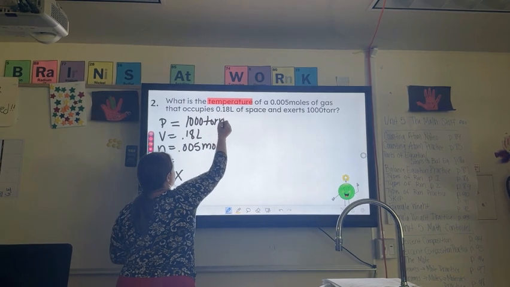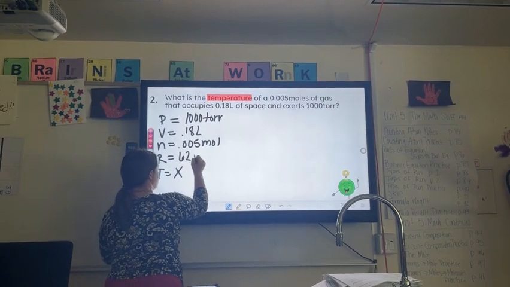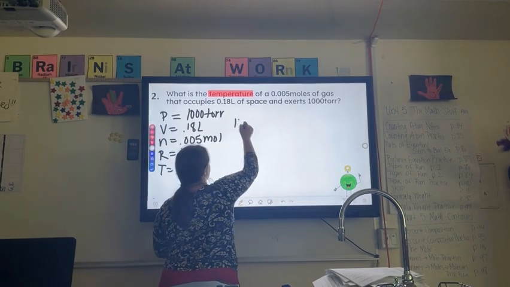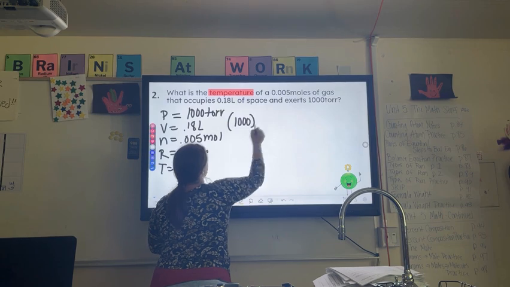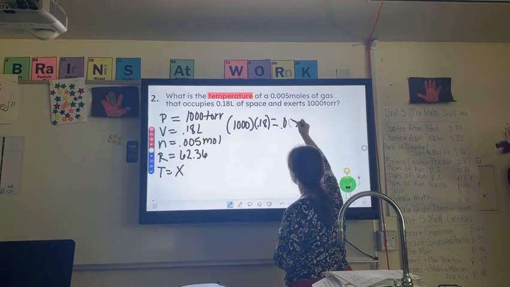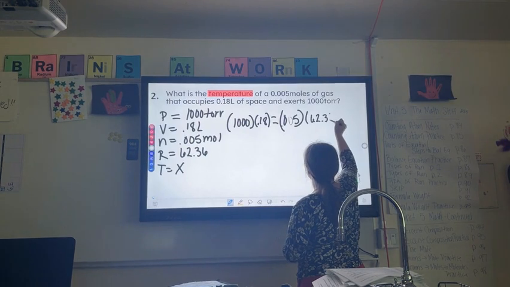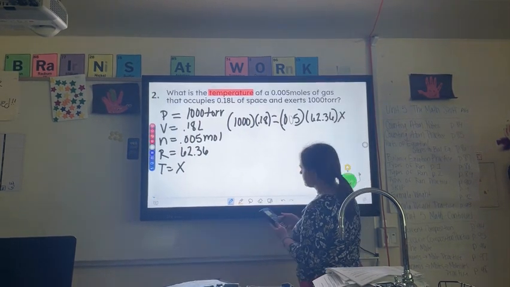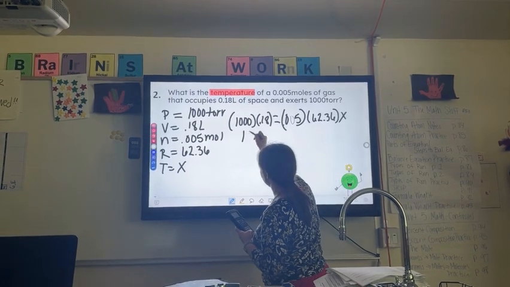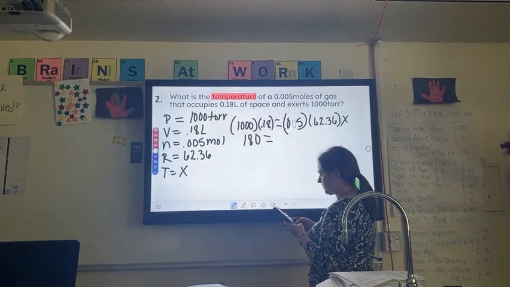Okay? So, since our pressure is in torr, we're going to use the R that matches it, which is 62.36. We know the equation is PV = nRT, so 1,000 times 0.18 is equal to 0.005 times our R, 62.36, times our T, which is our X. So 1,000 times 0.18 is 180. 0.005 times 62.36 is